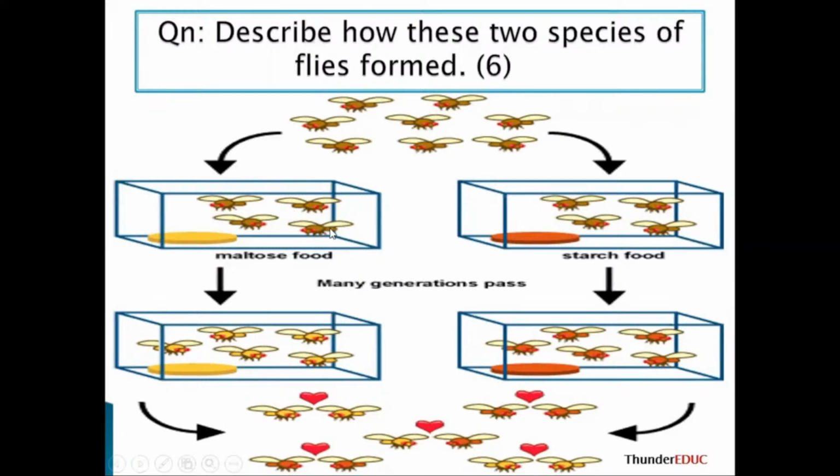And then because there is no gene flow and they are being separated, they have different environmental conditions. In this case, what is the different environmental condition? It's the kind of food which is present. Here we have starch food, and here we have maltose. So those which cannot feed on starch will die, and those which can feed on starch will survive. While here, those which cannot feed on maltose will die, while those which can feed on maltose will survive. So over many generations, due to no gene flow between the two populations,